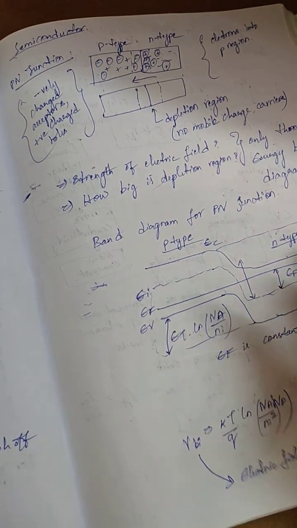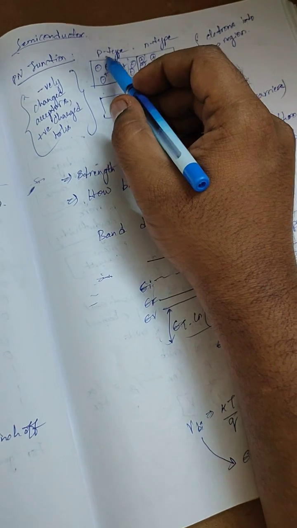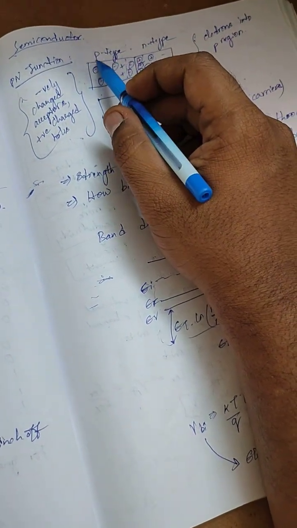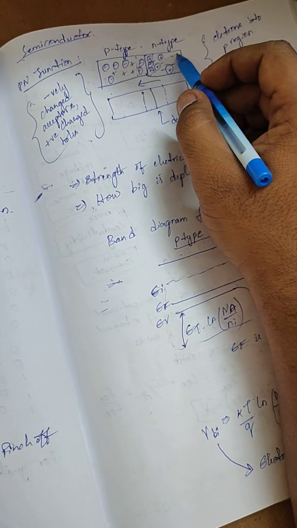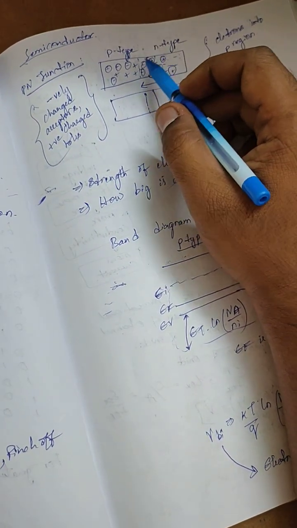Hi, now I'm going to talk about the PN junction. Here, when we combine p-type and n-type, what happens is that in p-type the majority charge carriers are holes, and in n-type the majority charge carriers are electrons. What happens is when they are combined side by side,